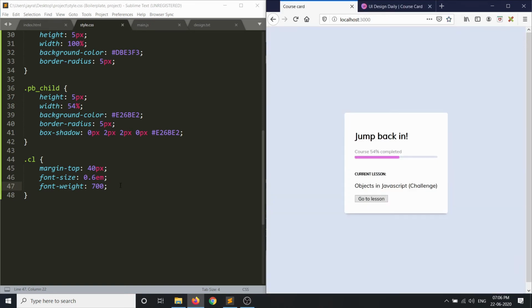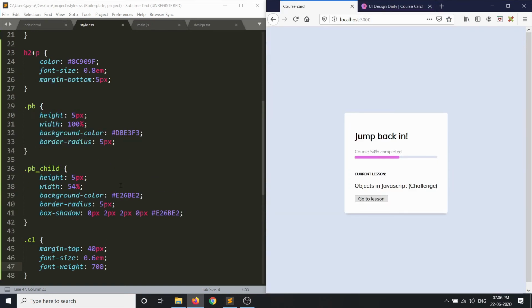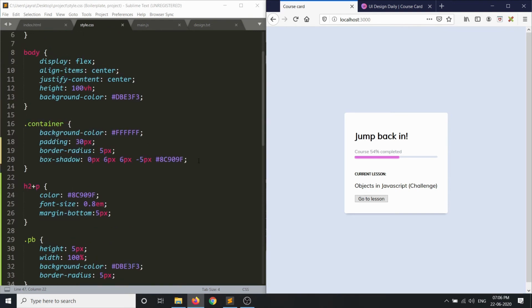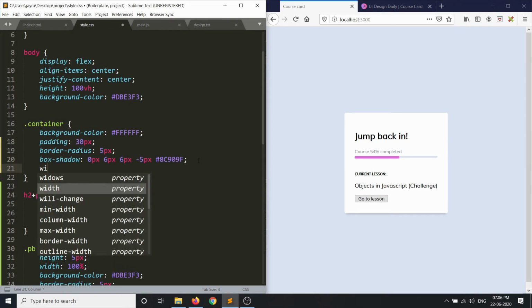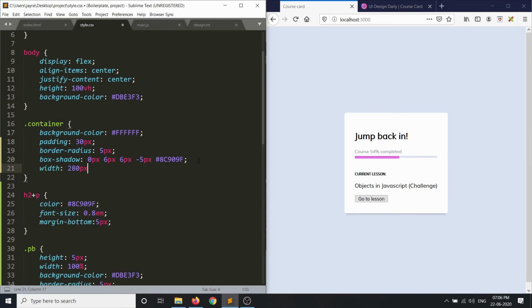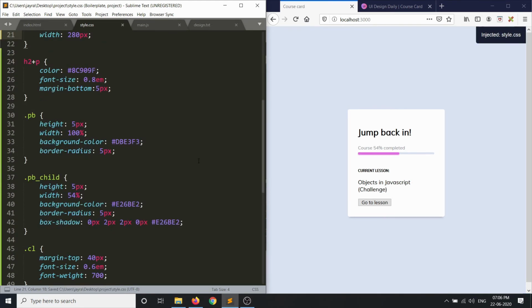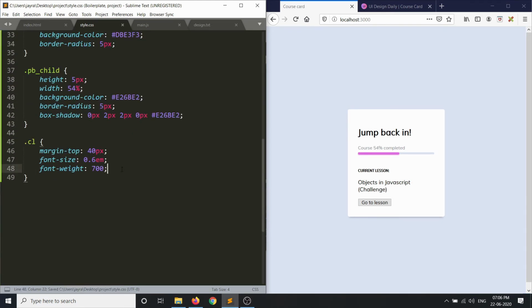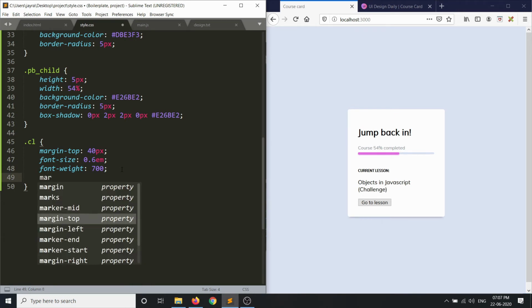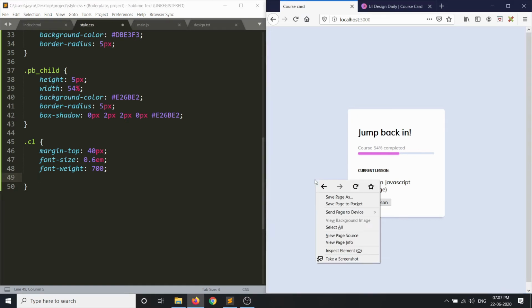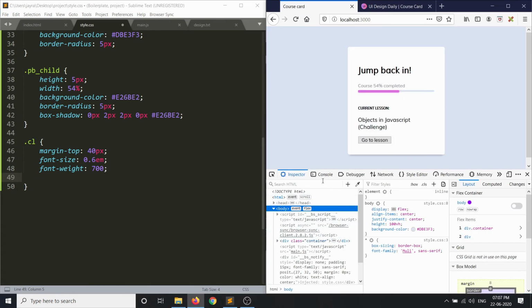There we have it. Now the text that we have below is a little bit closer to the current lesson, so let's change that. Also, let's fix the width of our container. So let's give a width of 280 pixels. Okay, and let's remove the margin from the bottom of our cl class. Let's inspect this and see how we are getting the spacing.